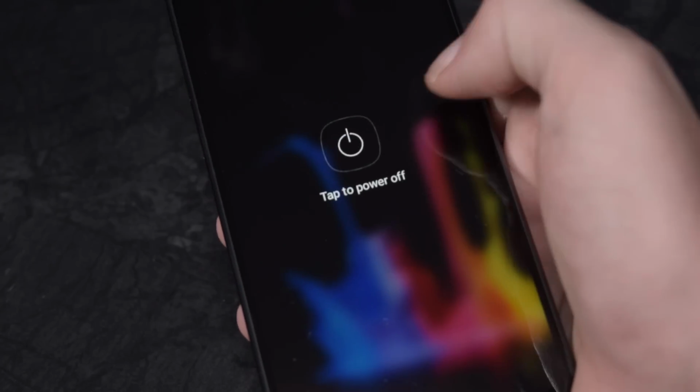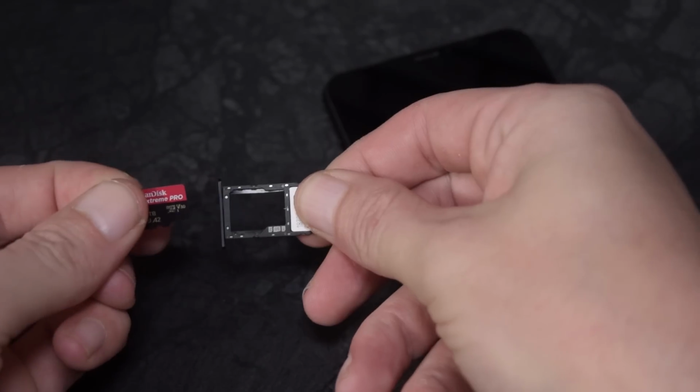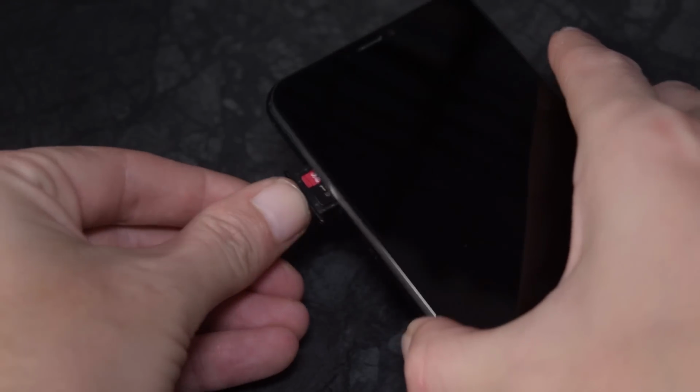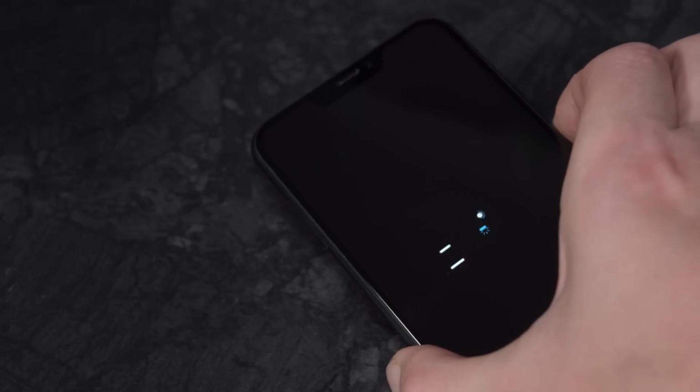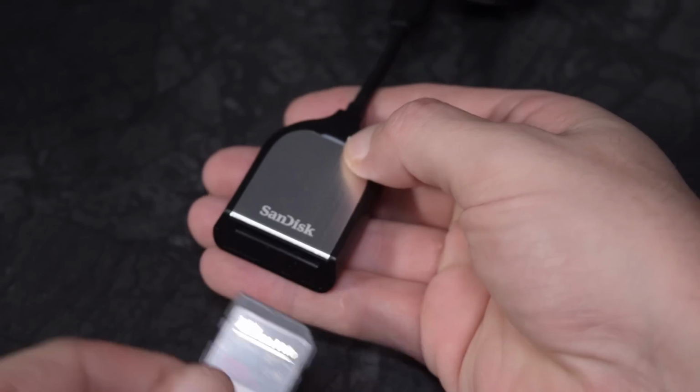So my main phone that I back up my images to is the Asus Zenfone 5. It has a dual SIM tray inside it, and one of those SIM slots can be taken up by a micro SD card in case you want some extra storage, which we do. As is pretty much standard on Android phones these days, the Zenfone 5 has a Type-C socket on the bottom of it, which means we can plug our card reader into it and read any of the SD cards we